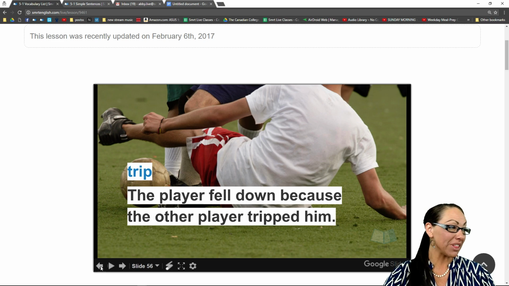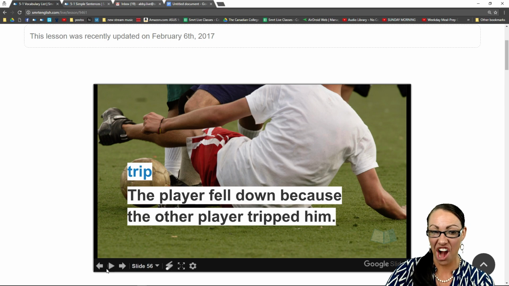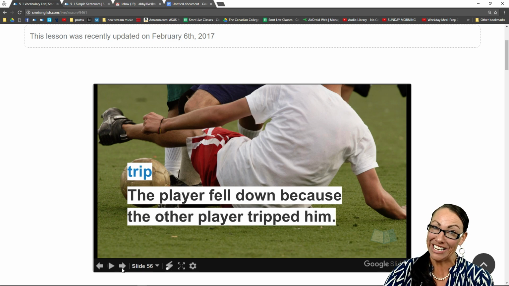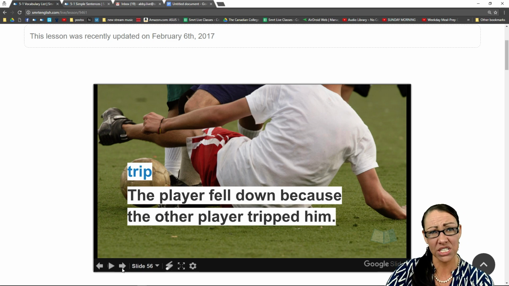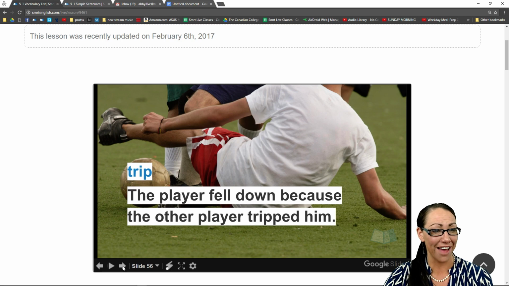So yes, and Melinda, wonderful comment, wonderful observation. Trip can be used as both a noun and a verb. So to trip someone, once more, as we are using in our example, or I tripped when I was crossing the street. Don't know if anyone else has had that experience, but certainly now I can laugh about it, but it was embarrassing to trip in front of all those cars and all those people, but hopefully it gave them a good laugh.